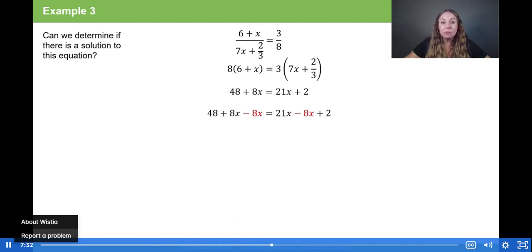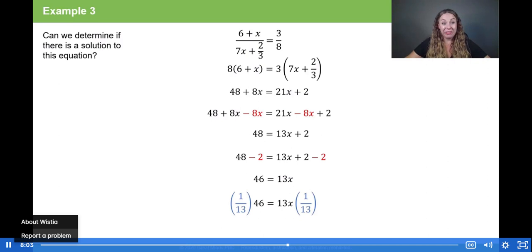Next, we need to subtract 8x from each side of the equation to get 48 equals 13x plus 2. Now we need to subtract 2 from each side of the equation to find that 46 equals 13x. We can multiply each side of the equation by the reciprocal of 13, 1/13, to find